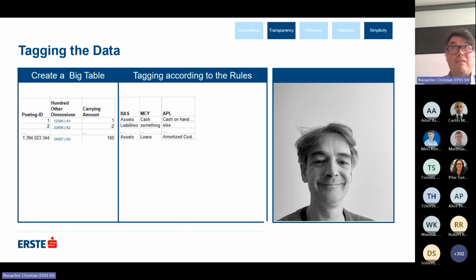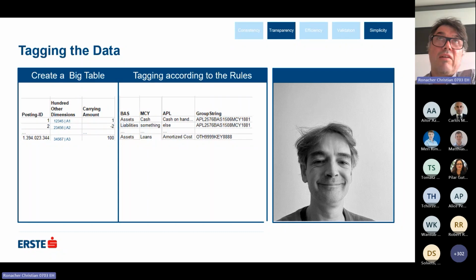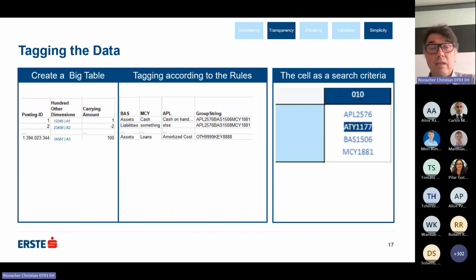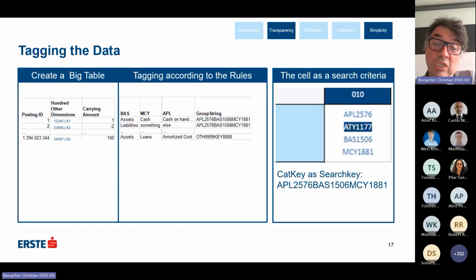And then Bernard came up with a solution, actually looking at the data point model, and it might be very, very familiar to those of you who know the data point model in more detail. He came up with this idea: instead of tagging each and every dimension, let's do a group string where we concatenate these properties into one string, and therefore we use the cell information, which can be written as a categorization key, as a search key for this group string.